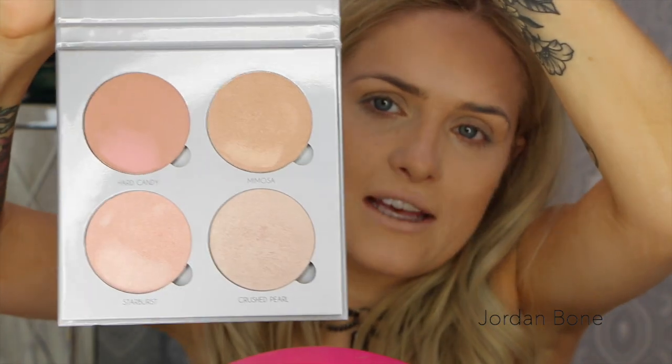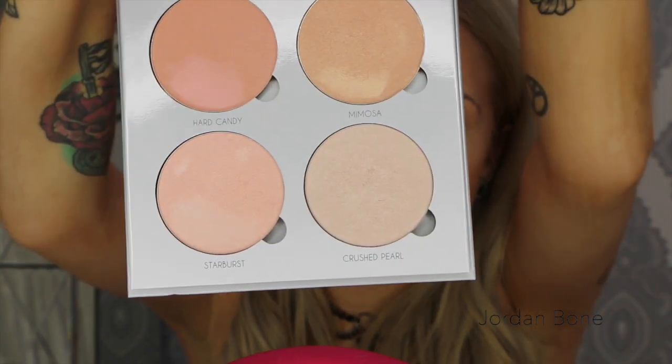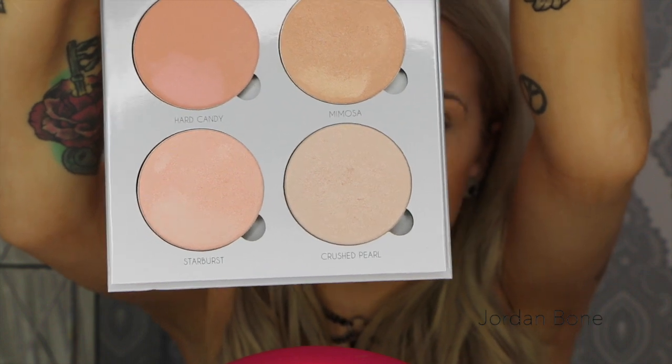To highlight, I'm going to be using the Anastasia Beverly Hills Glow Kit in Gleam, and I'm going to be using Crushed Pearl, which is the lightest shade in the palette. So I'm going to go in with a fan brush today. I never use a fan brush, and this is one from Zoeva, and this is the 129 brush. I'm going to go in with the other Morphe brush that I always use as well, but I'm just using this initially. So I'm just going to hit the top of the cheekbones,